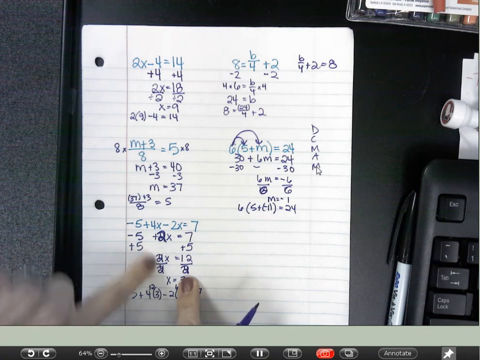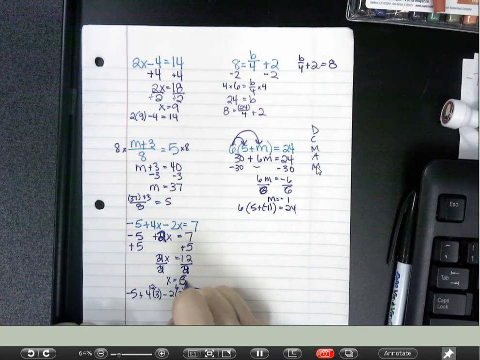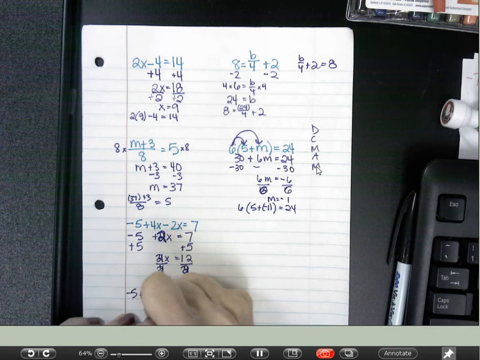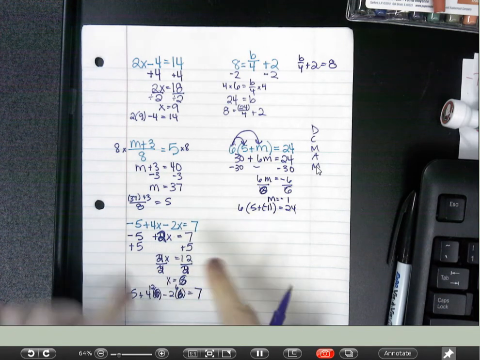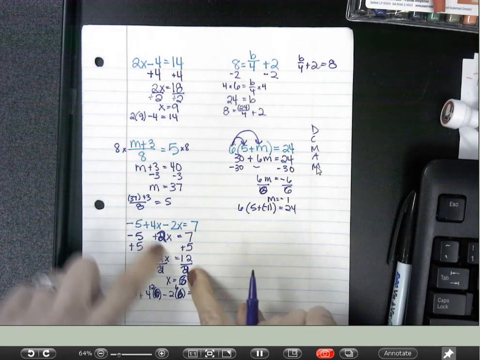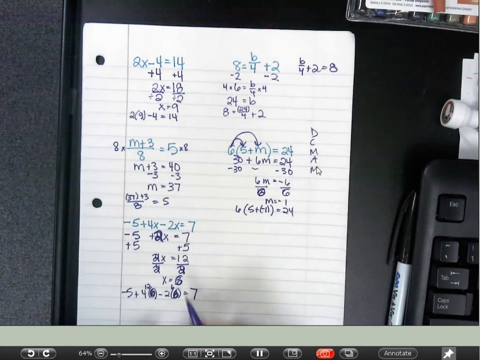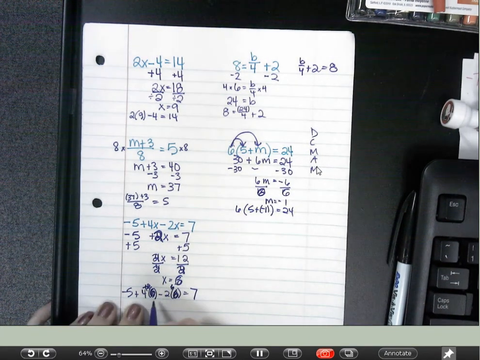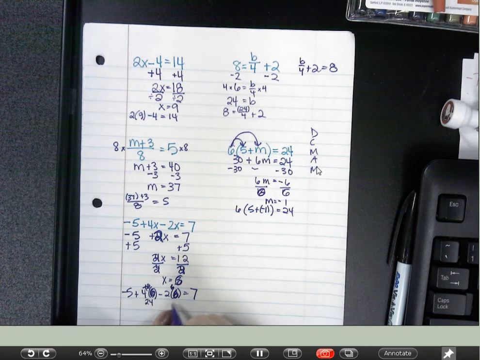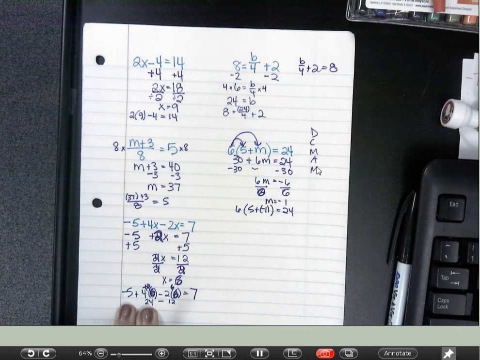I switched those 2, and then that meant I was dividing by 2. So now my answer, because instead of dividing my 12 by 4, I was actually dividing it by 2, my answer is 6. So now let's try it. Hopefully this will be a little better. See, guys, everyone makes mistakes. So 4 times 6 is 24. 2 times 6 is 12. So now I have negative 5 plus 24, which is 19, minus 12, which is 7. That right there was a